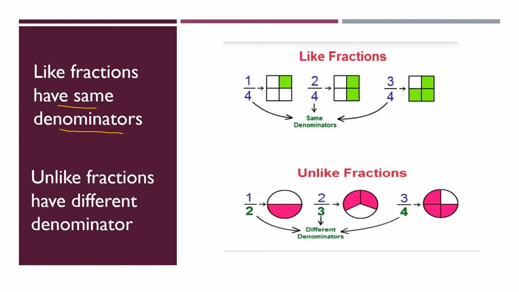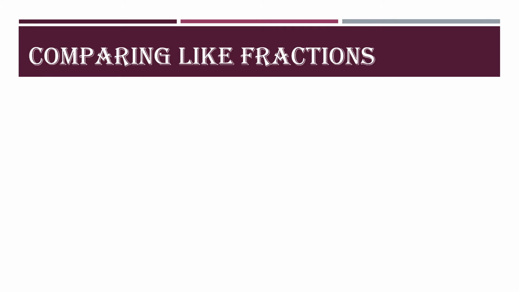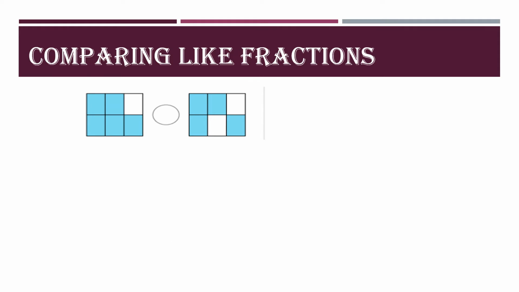Good. Let's move further. Now we have to compare like fractions. So suppose we have two or more like fractions, that means those fractions in which the denominator is the same, but we need to compare them. Compare them means we have to tell which is greater and which is smaller. So here, this is a sign and we have to compare these two fractions. Now the fraction is not written, it's a figure, so we need to find the shaded fraction. And we know how to find the shaded fraction. We have already done a video for that. If you have not seen it, you can go there and see it. I will put the link in the description box.